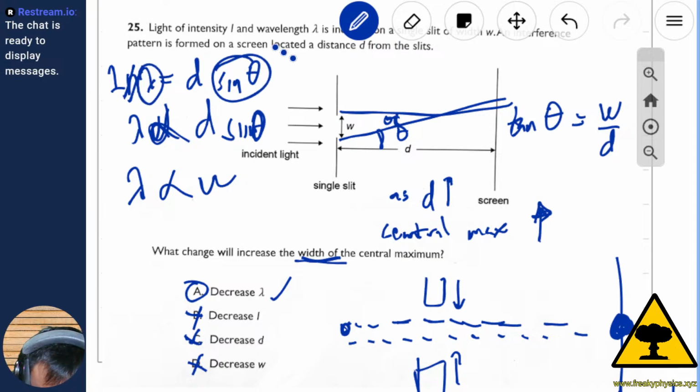Let's draw it here. Lambda is proportional to sine theta, right? And sine theta is basically the width of the central maximum. So as you increase lambda, the wavelength, then I have just eliminated all my answers. As you increase lambda, the central max